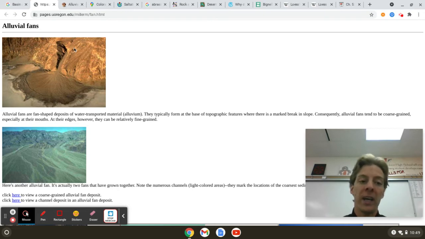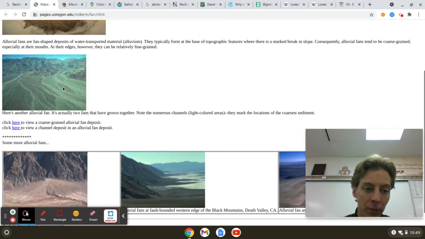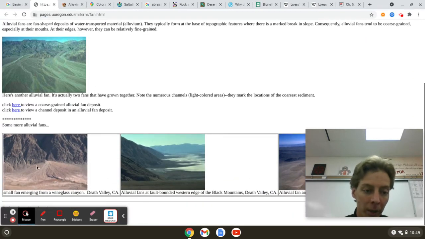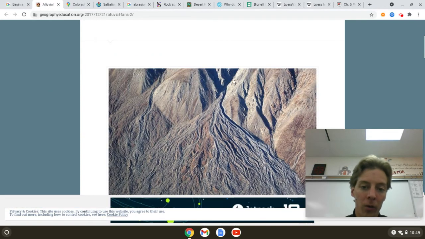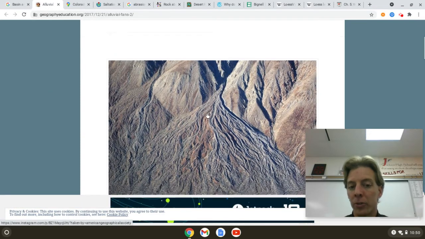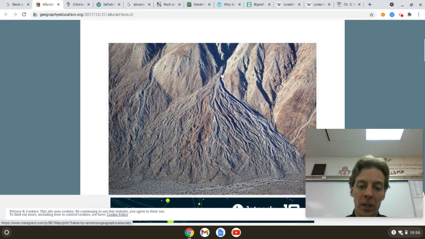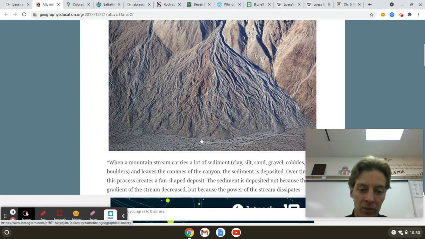And this alluvial fan, this is all of the sediment coming down the stream and then being deposited, because once it comes out of that narrow canyon, the velocity slows down and it drops all of the stuff it was carrying real fast. So there's an alluvial fan. There's two alluvial fans that have joined. There's one coming out right there. There are a couple. So all of the rock, sediment, dirt that was in that stream, as soon as it comes out of the canyon, gets deposited.